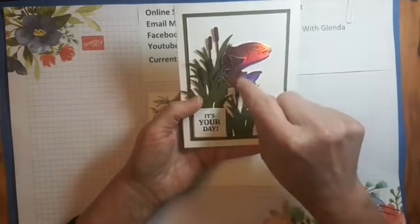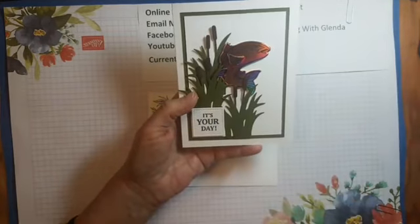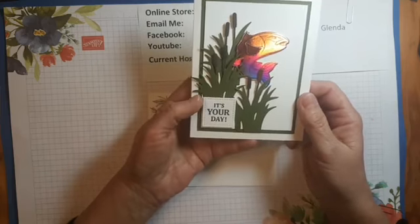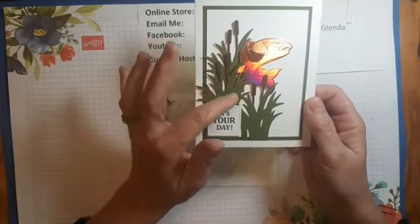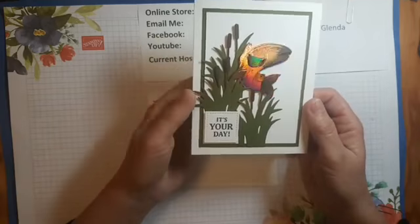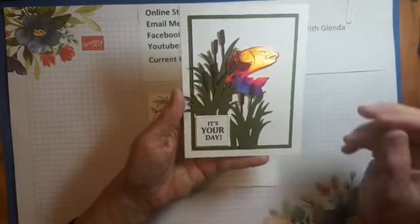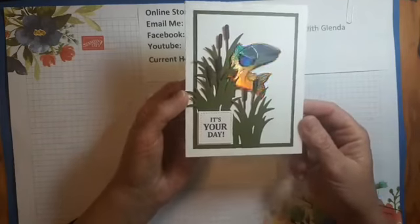You can actually die cut the fish first and then stamp it if you want, rather than having to line the die up. And we have some of the bulrushes, and I followed Tamara's card exactly, and she put little brown ends on hers. But you don't have to do that. I'm going to show you a trick with a